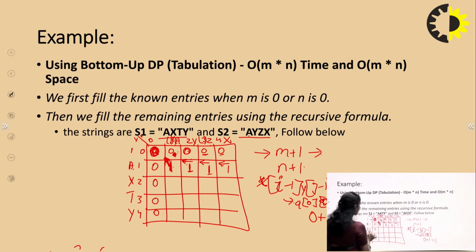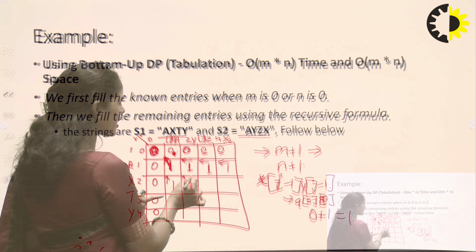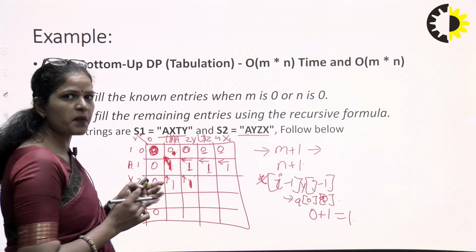So again we are calculating for the next row. So basically x and a. So not match, we are calculating again the max value of i minus 1 and j minus 1, right? So basically here the max value is 1, but the arrow is going to this direction because we are taking this value in this box, right? Then again x and y not match, that means the max value of both, this is 1, but the direction is as per your choice. Either you can choose this direction or this direction, that depends on you, right?